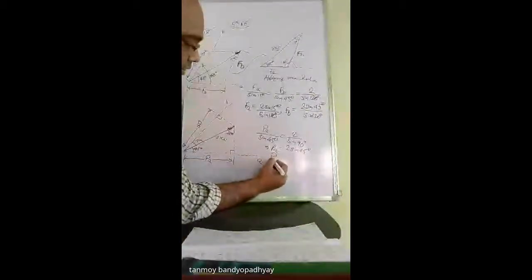But if you directly write 2 cos 45, it will come out, no problem. You can find it using 2 cos 45, the same value will come. Similarly this will be 2 cos of this angle, which is actually 15 degrees. So PB will be equal to 2 cos 15 degrees. You don't need to go to the triangle law or sine rule here. This is how you calculate the components of the two forces.